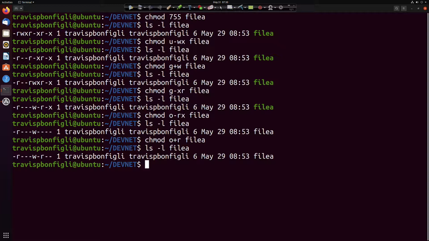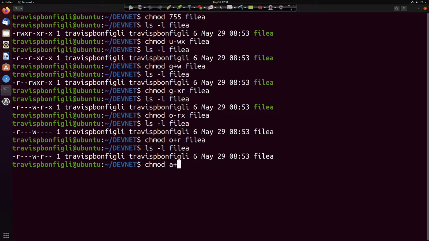And this is where this might have advantages. If I add the execute, then you might look at the existing permissions and say, okay, well, if it's already got read and I have to add execute, that's going to be 5. And if it's got write and I add execute, that's going to be 3. And if it's got read again, then that's going to be 5. Instead of having to do that math in your head, right, this might be a nice use case to say,